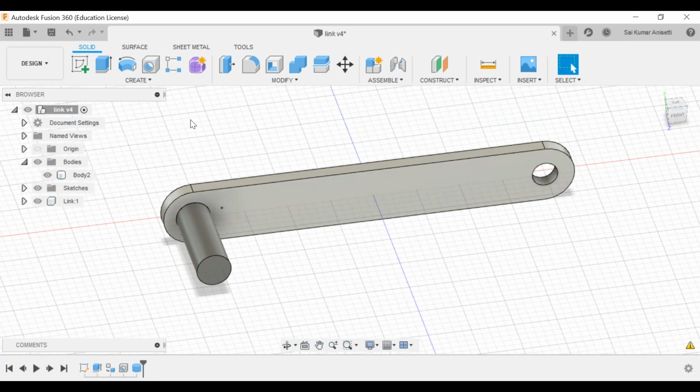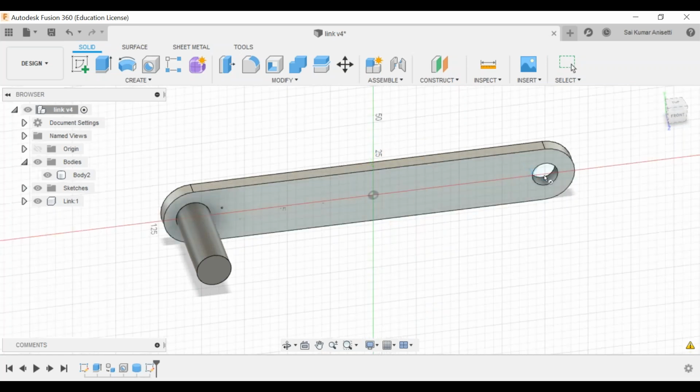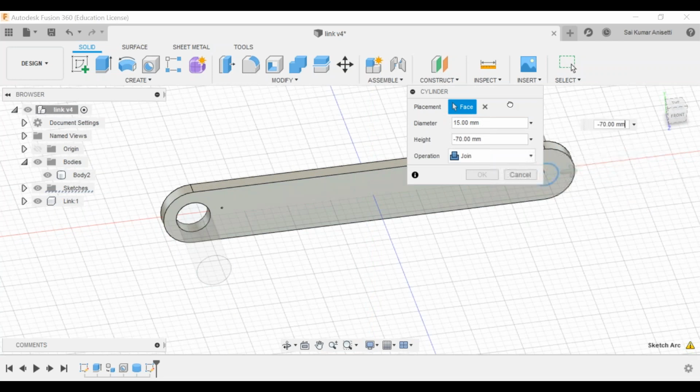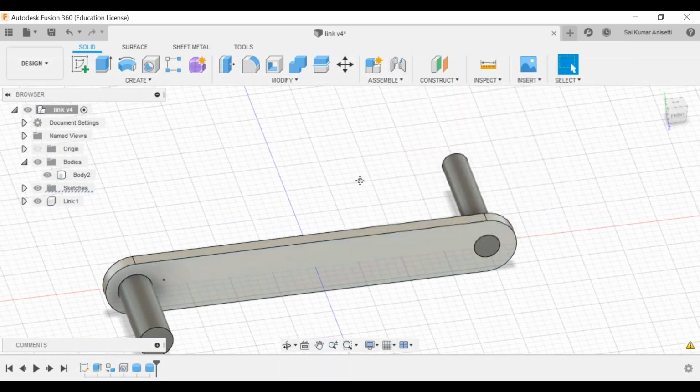Let us click OK for the time being, and let me create another cylinder on the bottom of the same diameter and a different length. I don't want to join, I want to make it a new body. For that, let us click OK.